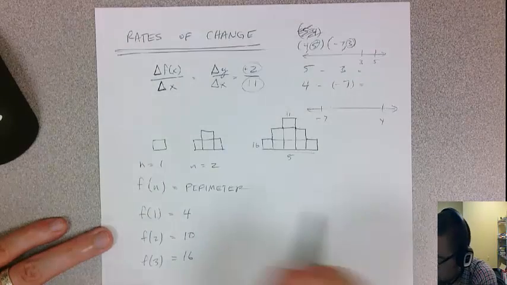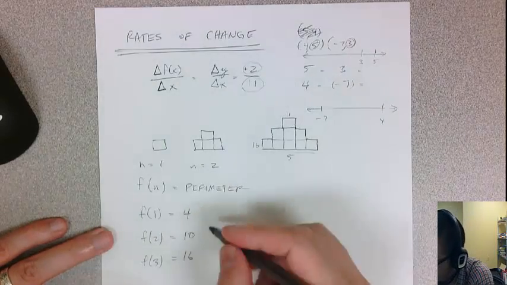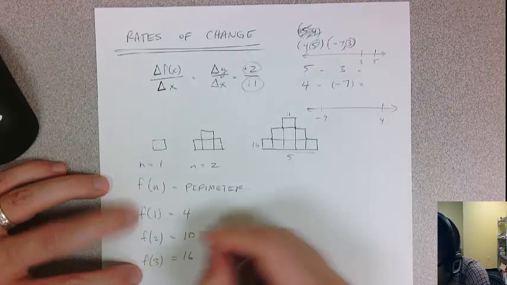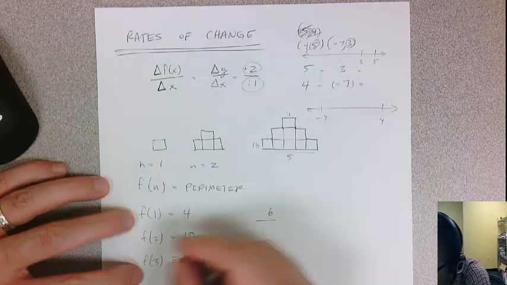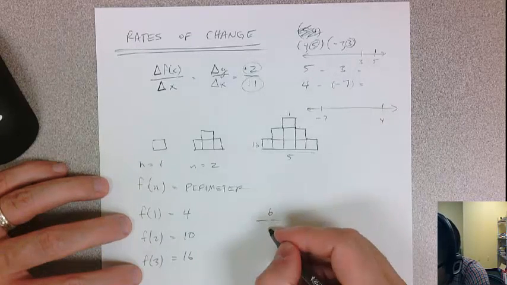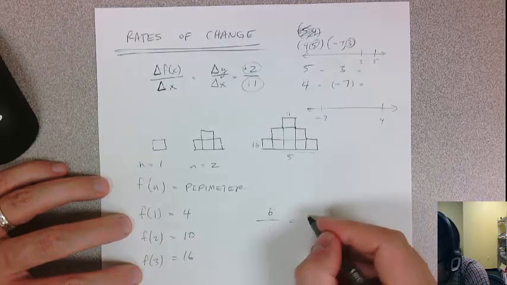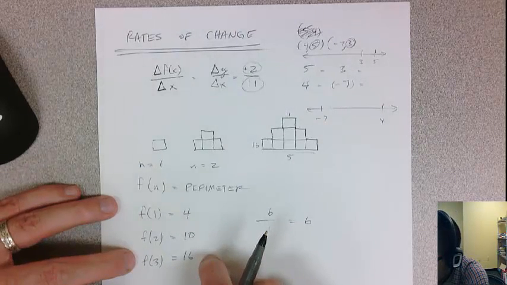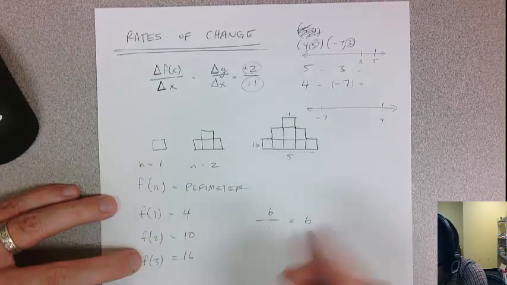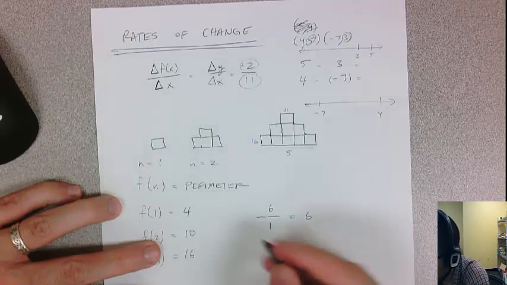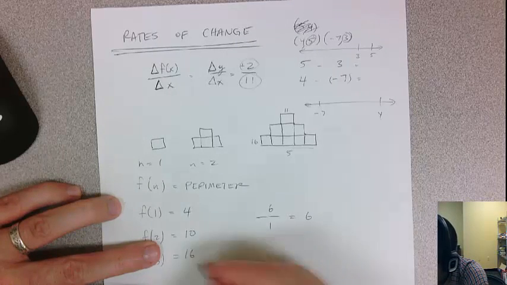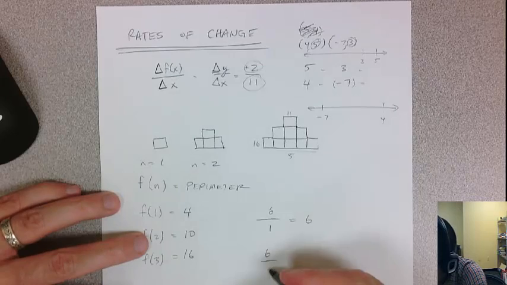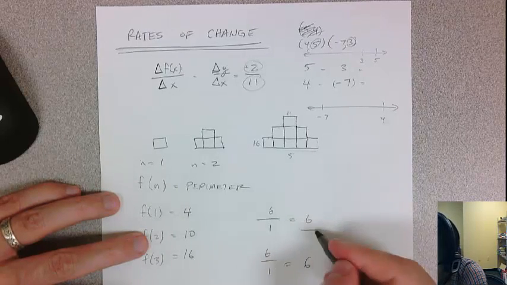So we would say the rate of change would be, let's see, the difference in the function values, so 10 minus 4 would be 6, over 2 minus 1, which is 1, so we'll say the rate of change is 6. And now, is the rate of change the same? We'll go to the next step, so 16 minus 10, so the difference in the function values was 6, right? 16 minus 10. And the difference in the inputs was also 1, so it looks like we have a constant